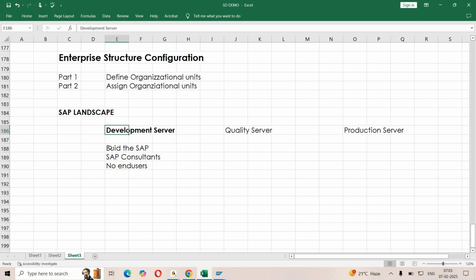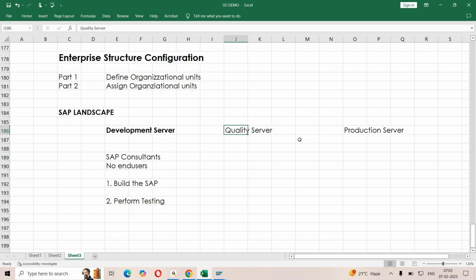That is the reason we build the entire application based on the business requirements. That is one point you need to know. Once you build the application, do we need to do any testing? That is the second activity: as consultants, we perform testing in the development server as well.